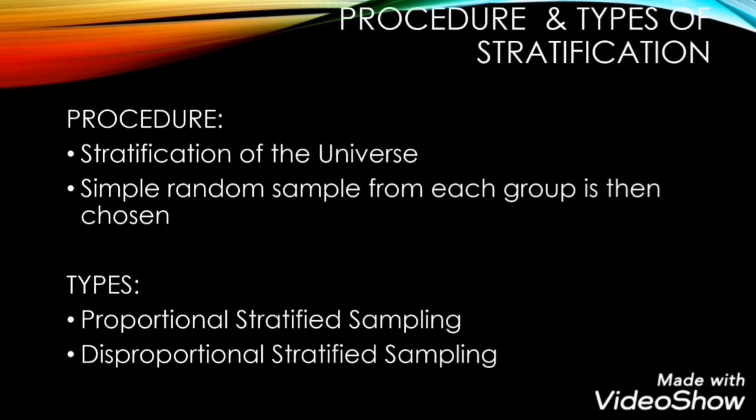The procedure involved in stratified random sampling is dividing the universe into different groups or strata which are mutually exclusive and include all the items in the universe. Then a simple random sample is chosen independently from each group. This sampling procedure differs from simple random sampling in that the sample items are chosen at random from the entire